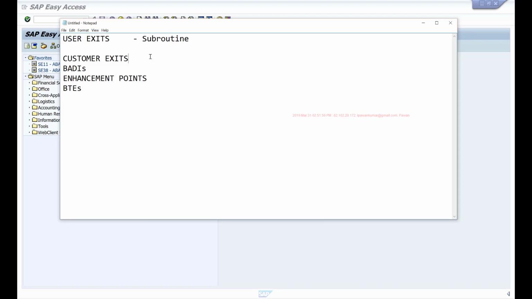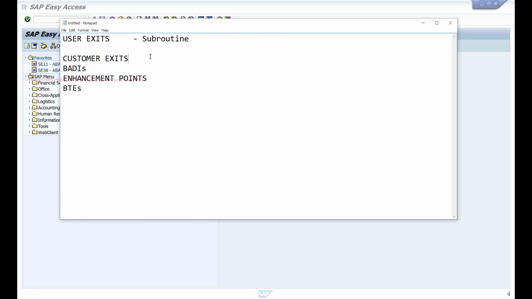Since these subroutines changed the global data, it was creating a lot of issues because different people were implementing different enhancements and everybody was manipulating the global data. So let's say one guy has implemented one enhancement and is expecting the global data variable to have a certain value, and based on that he has implemented all his logic.